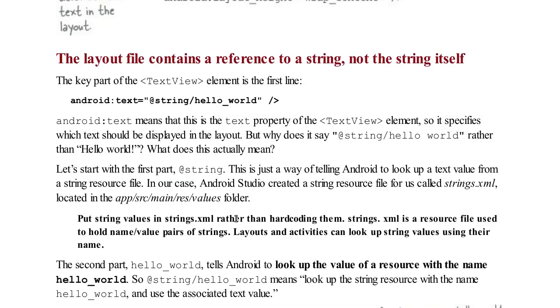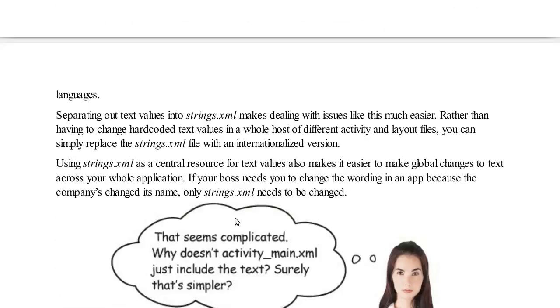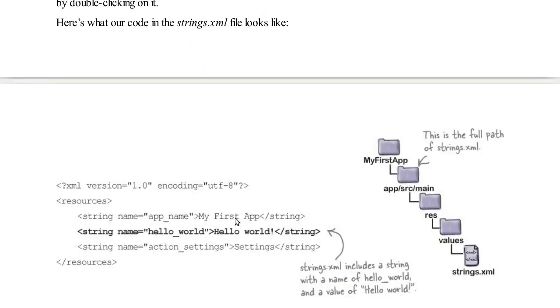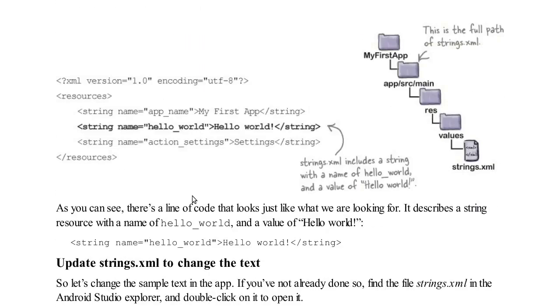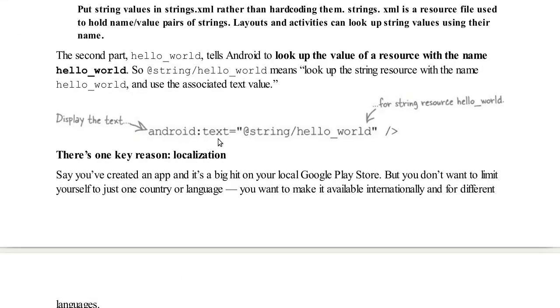The only thing left in this is the string.xml file. So now let's see what the string.xml file is and how it looks. So that is the string.xml file. If you see here, the text view that we have declared, we have accessed it using @string/hello_world. So Android text @string/hello_world.